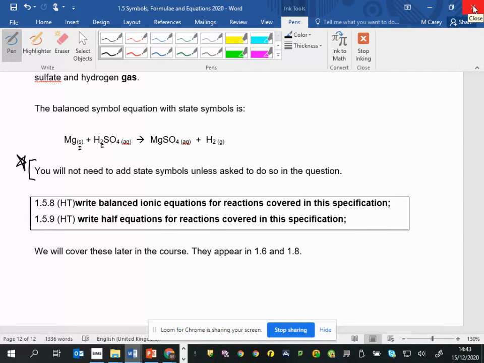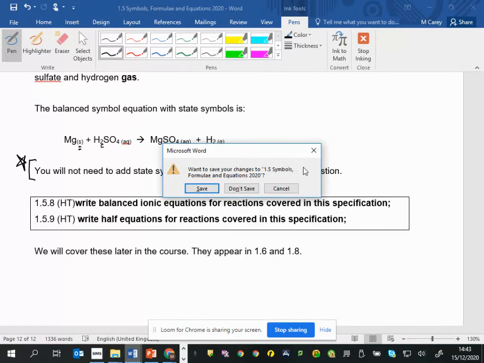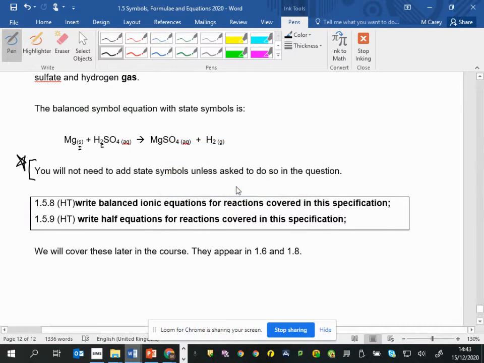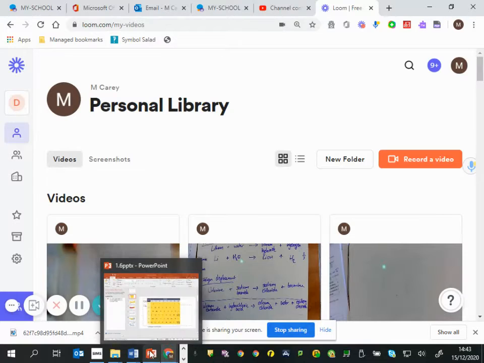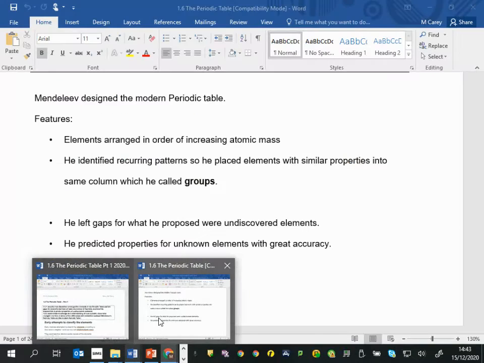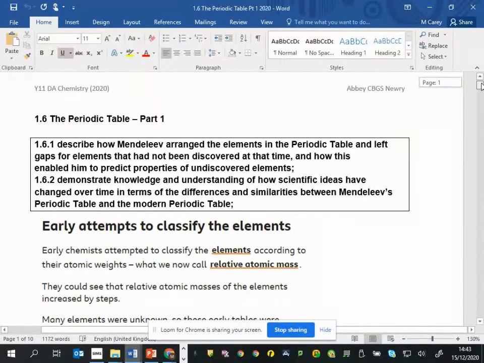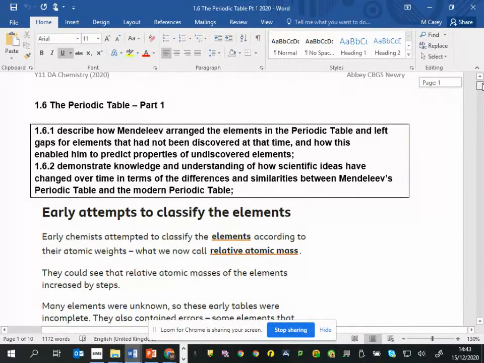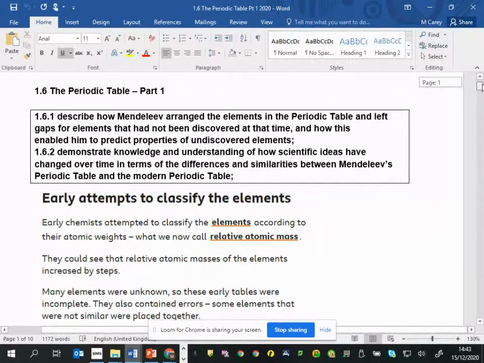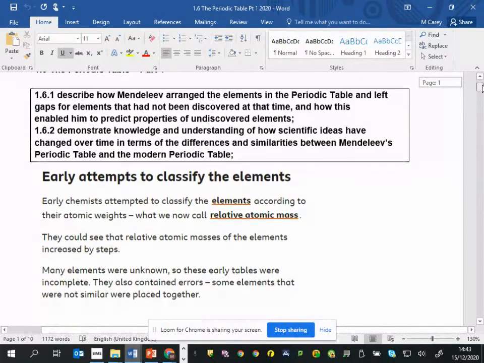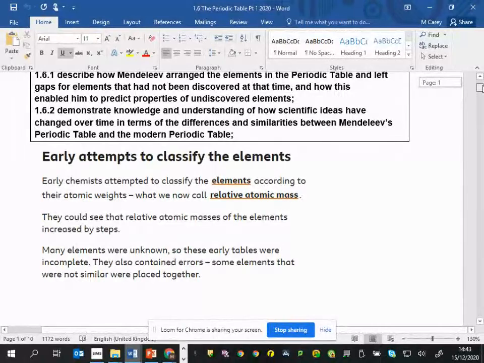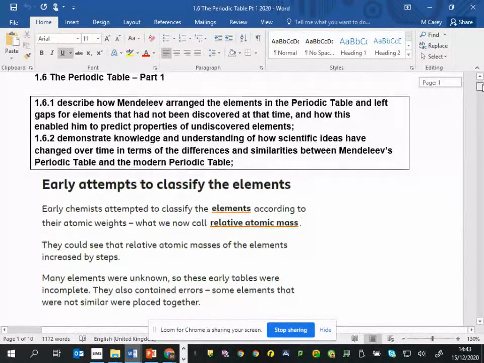Okay, so we finished with topic 1.5, and I have printed the next topic, which is the periodic table. And just part 1, I have to finish the notes and I'll have those done for after Christmas. So the first part of this is reasonably straightforward, right? It's about Mendeleev and the periodic table, how Mendeleev organized his periodic table,